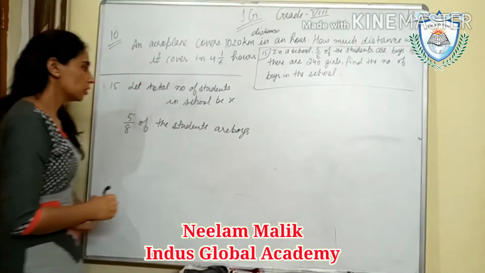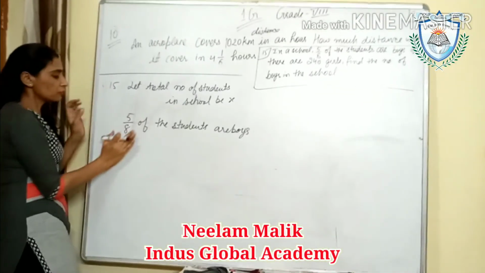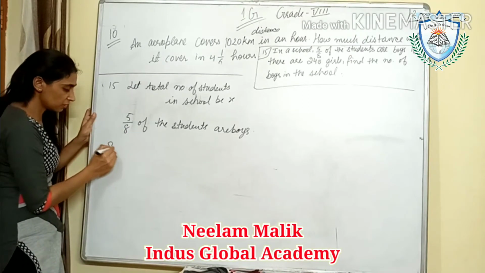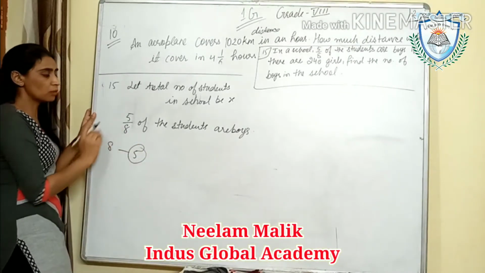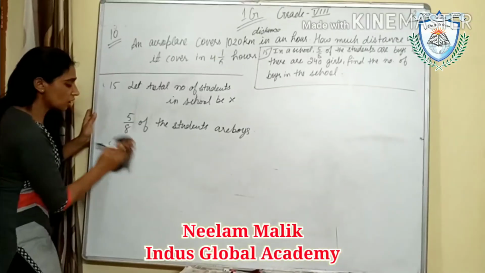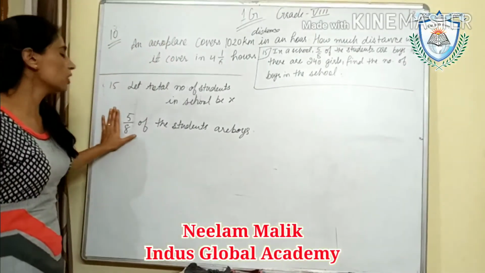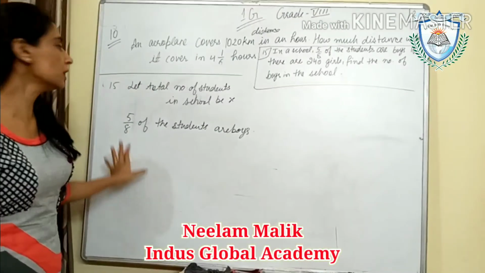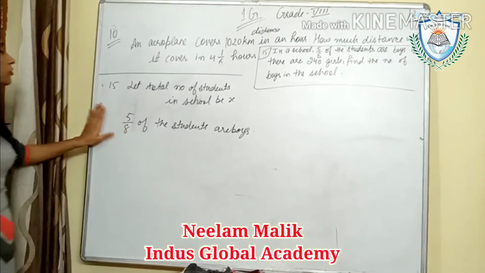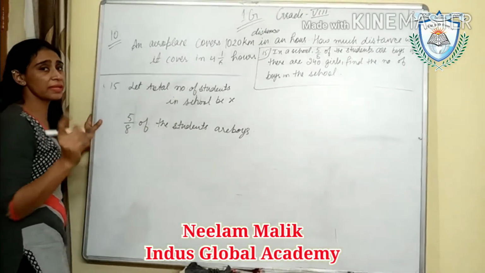Okay, so what will be girls here? You can take this as, if there is a total of 8, then 5 are boys. So what will be girls? Means total is 8 and from that 5 are boys. So what will be girls? Girls will be 3. So we can say the fraction for the girls is 3/8. How will we get the 3/8? Always in the fraction we let the total be 1. So the total here we will take as 1, and if we subtract this from 1, we will get 3/8.